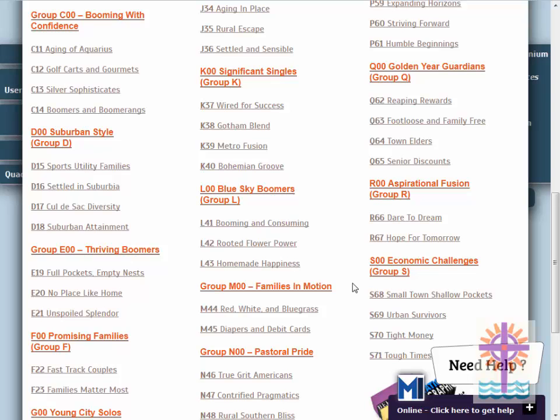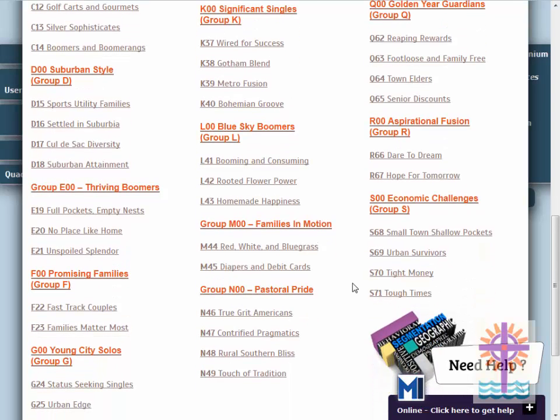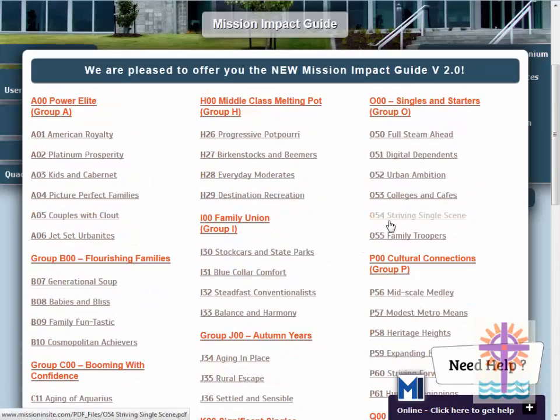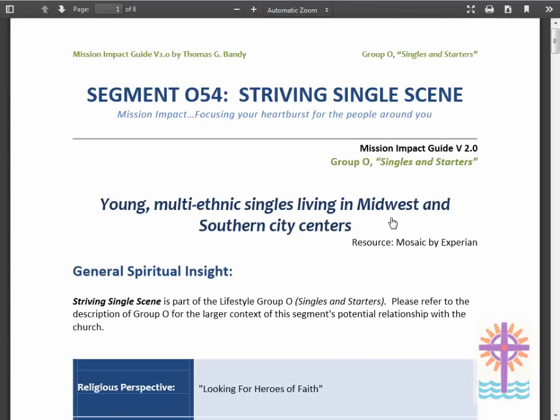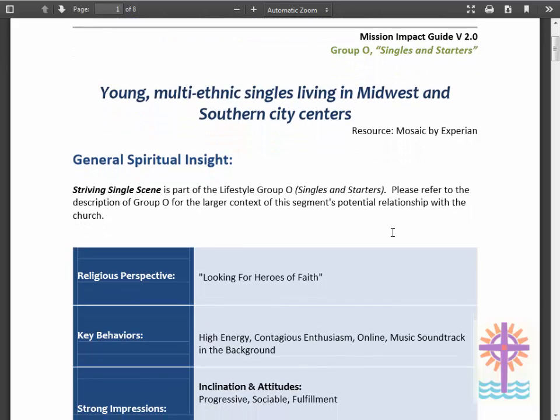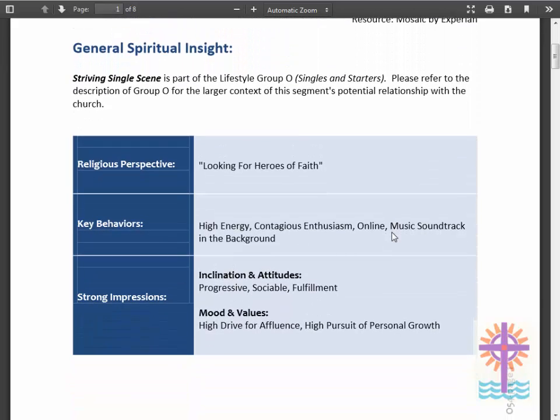This is very, very interesting. So what we're going to do is look for our O's. Let's see, it's right at the top there. So O54. And again, this is only maybe 5 pages of material, so it's not that much reading to do per group. But this is going to tell you spiritual insights about the folks in this group who have found Christ, who have found faith a serious part of their life,